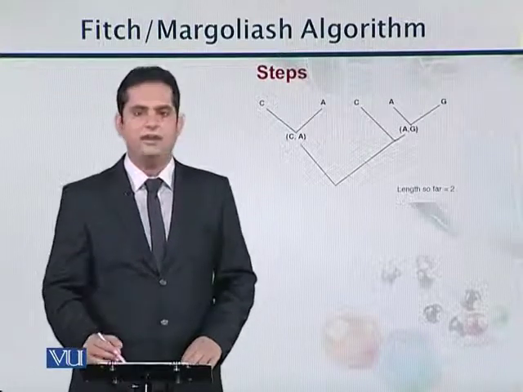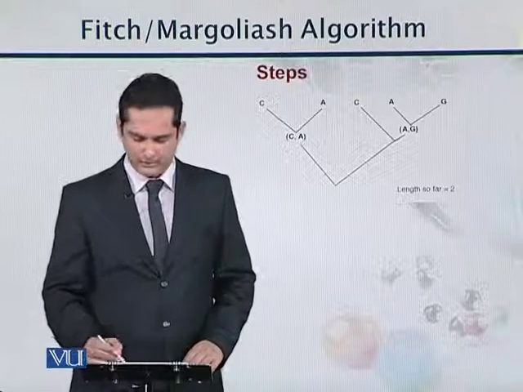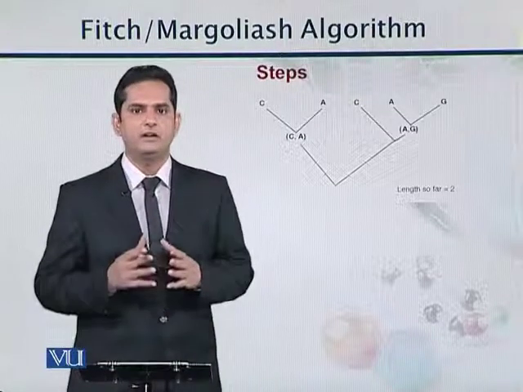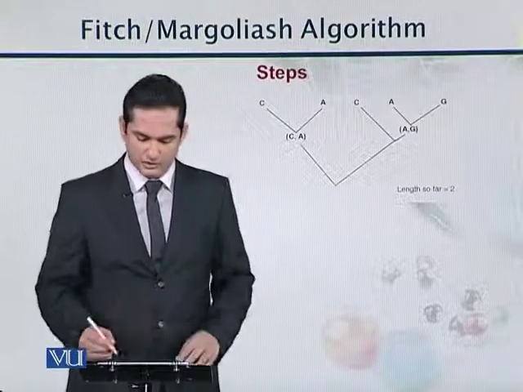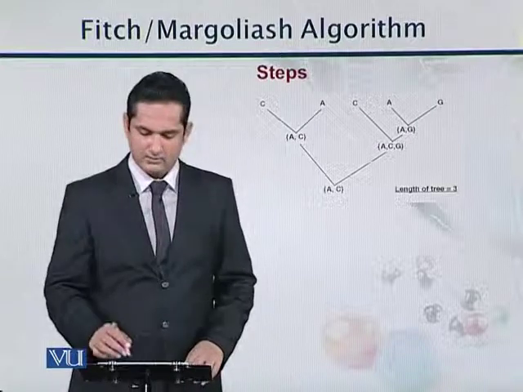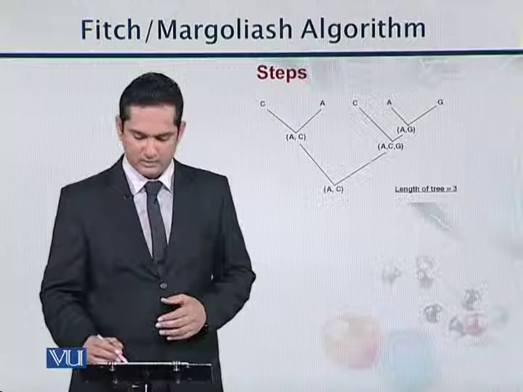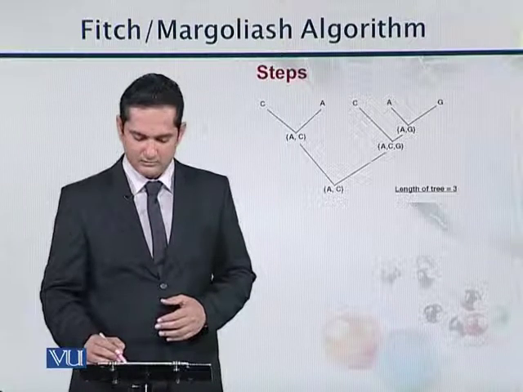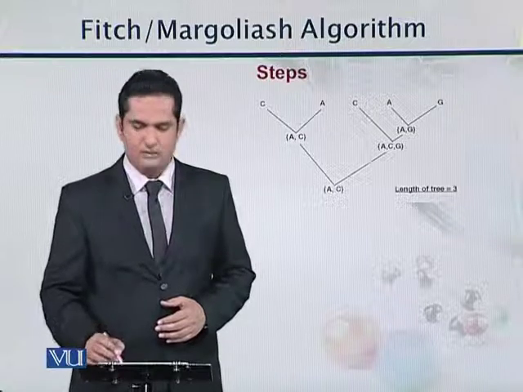Moving on, in the next step we take the common of A and G now. So A and G becomes another set, AG. So now the length is 2. Whenever we are making a new set, the length increases by 1. So our length is now 2. Moving on, we take another set such as ACG. Now this is the parent of C, A and G. This set becomes ACG. Now ACG is made, so the length becomes 3.